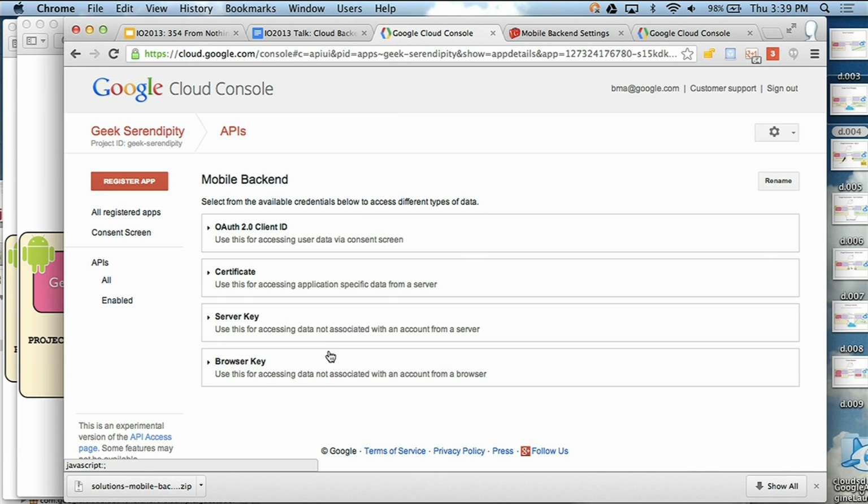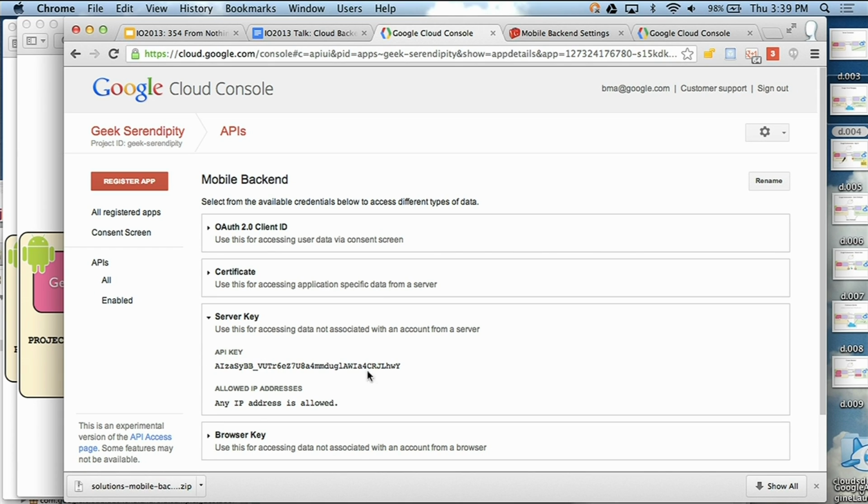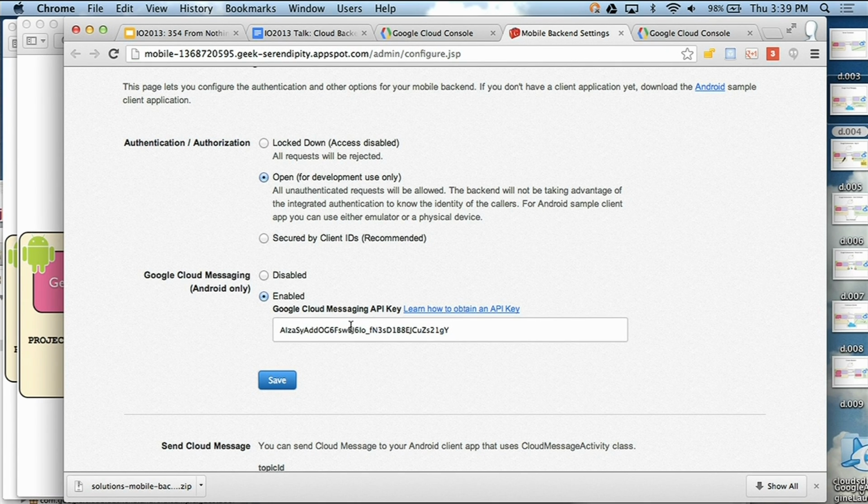And we'll actually use this a couple of times when we do auth as well. But for this time, all it asks for is that server key. So we just grab that server key and put it in here. And we've done everything we need to enable our server side for push notification. The last bit is just to put the project ID in that const.java file. Once we've done that and deploy,